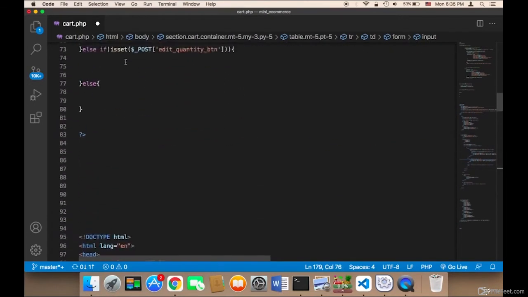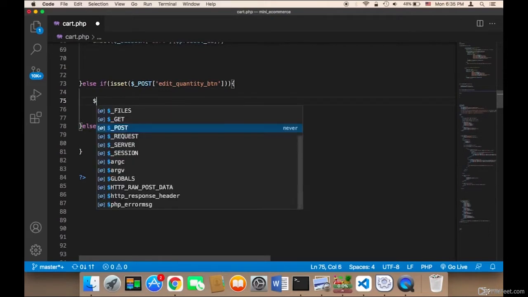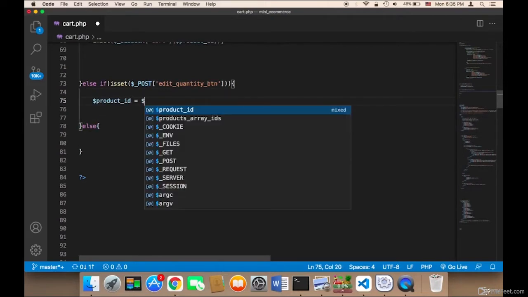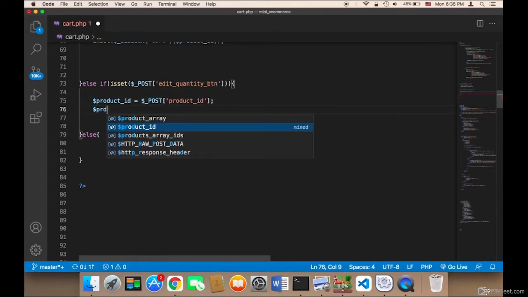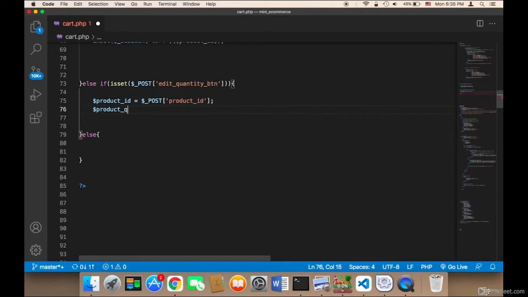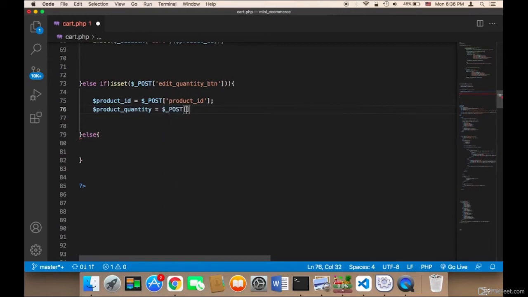So here, remember, we have this else if. In this else if, the first thing that we need to do is access the product ID. So I'm going to say product ID is equal to $_POST product ID, and then we want to get also the product quantity. So I'm going to say product quantity, which is obviously going to be equal to $_POST product quantity,